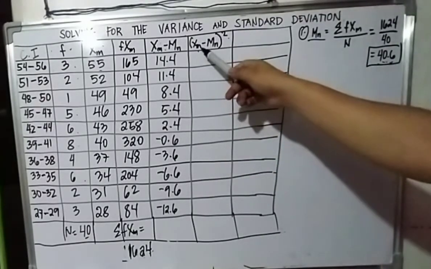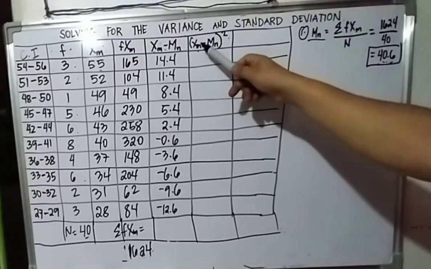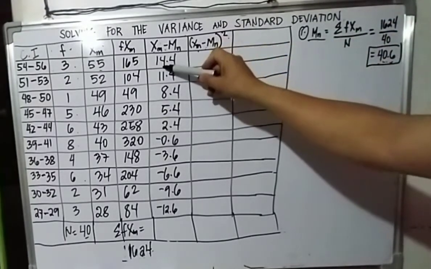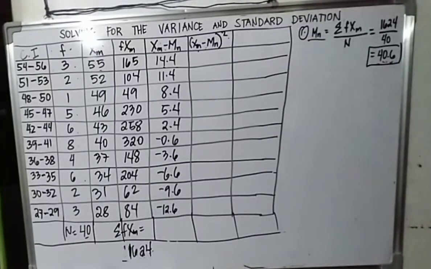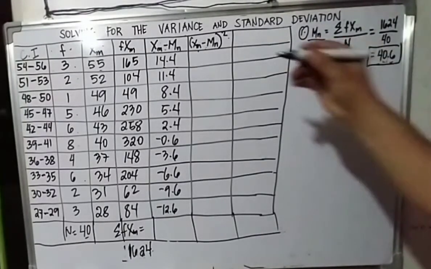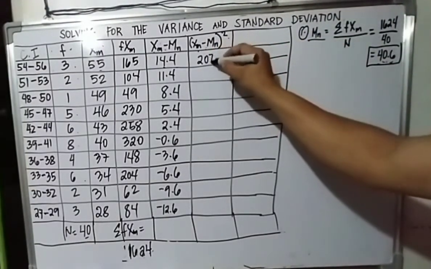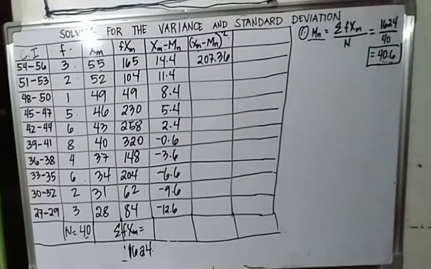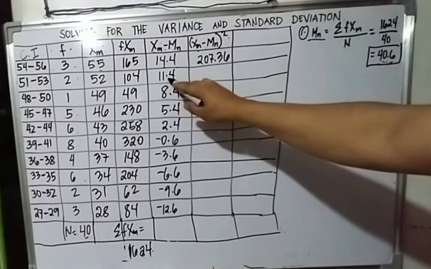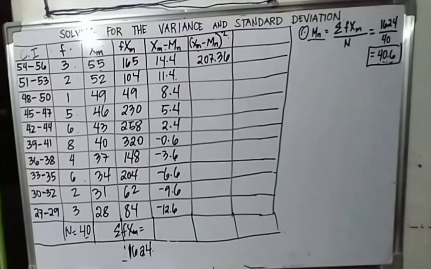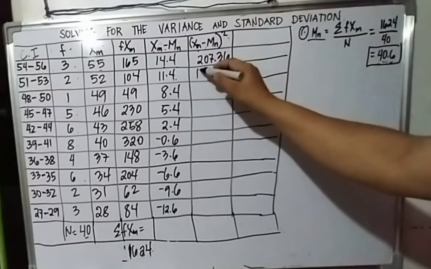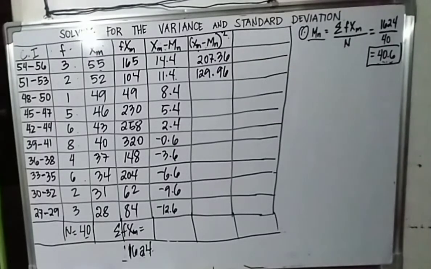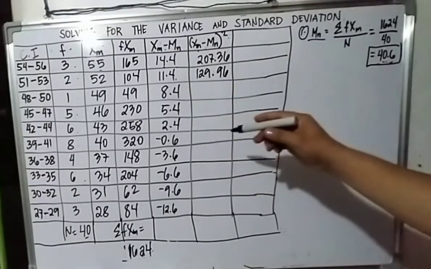So to find the value of x sub m minus mean raised to 2, 14.4 times 14.4, that is equivalent to 207.36. Next, 11.4 times 11.4, that is 129.96. Then 8.4 times 8.4, that is